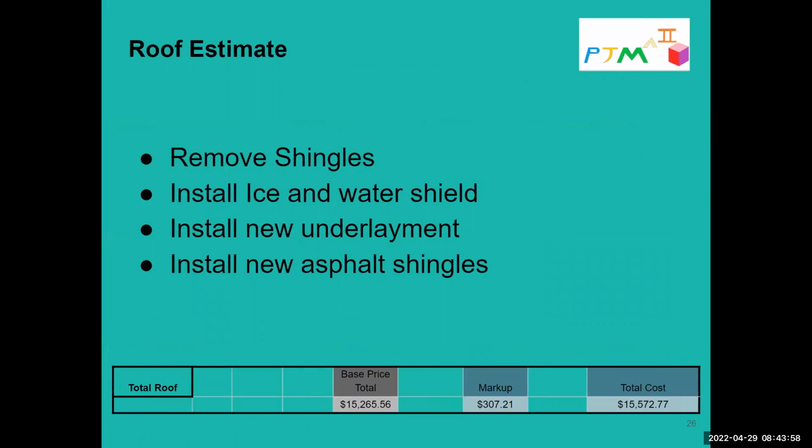So this is just a look at the bottom line that comes off the roof estimate. Some of the major things that added cost to this part of the project would be the labor and disposal, the removal of the shingles that we're taking off. And then a lot of the materials, just because commodity prices and labor prices are up. Things like Dyson water shield, the new underlayment, and the new asphalt shingles are going to be a little more